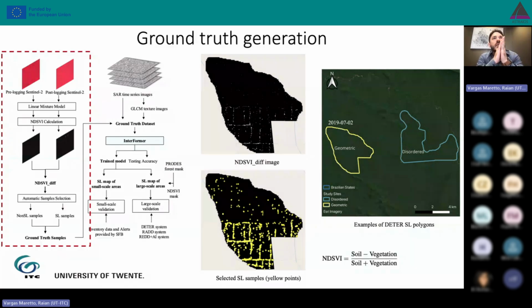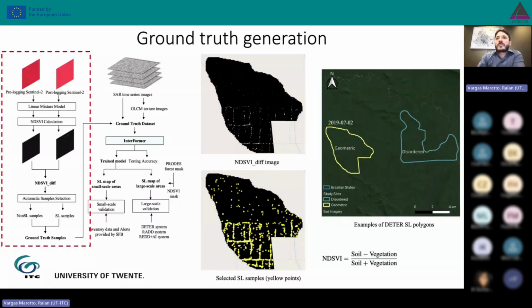When you compute the shadow, soil and vegetation fractions of the mixture model, by making color compositions of that, you can highlight the pixels quite well. Since we knew that most of the pixels affected inside the polygons are for sure selective logging,